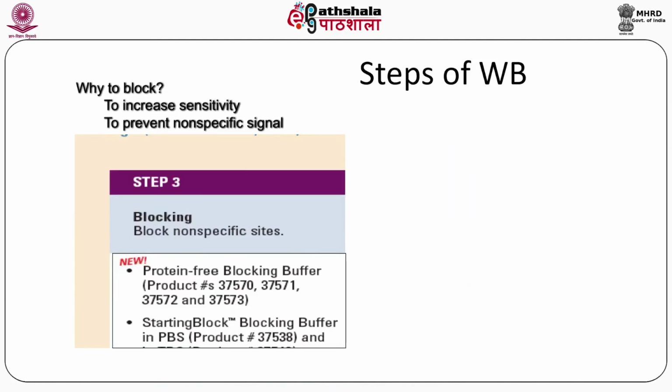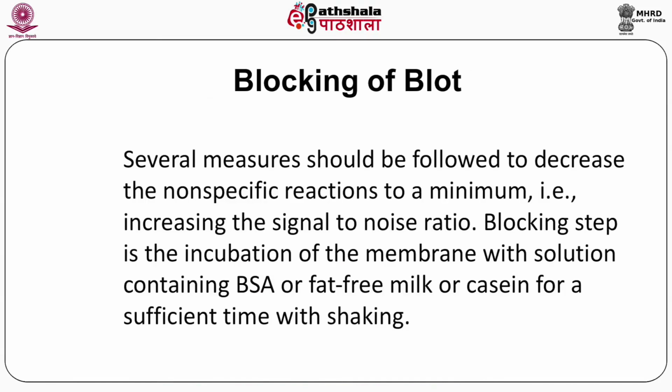And this is the third step. Once it is transferred, in order to get a clean blot, you do a blocking step. In the blocking step, we remove all the non-specific places where the proteins could bind, where primary antibodies could bind and produce a bad signal. So you need to block all the excess spaces, and this is done by incubating mostly with 5% non-fat milk, which blocks the non-specific regions, so that only the specific regions get highlighted. So, blocking of the blot.